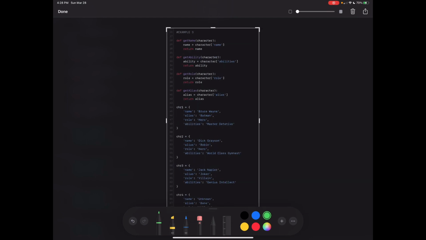So here you can see I'm defining a few different functions: get name, ability, role, and alias. Inside of the function, I'm declaring the variable name and then assigning it a value of character, which is going to be the argument that's passed into my function. And it's looking for the key name to assign to the variable name. And then it's going to return name when this function is executed. Same goes with the get ability, get role, alias,